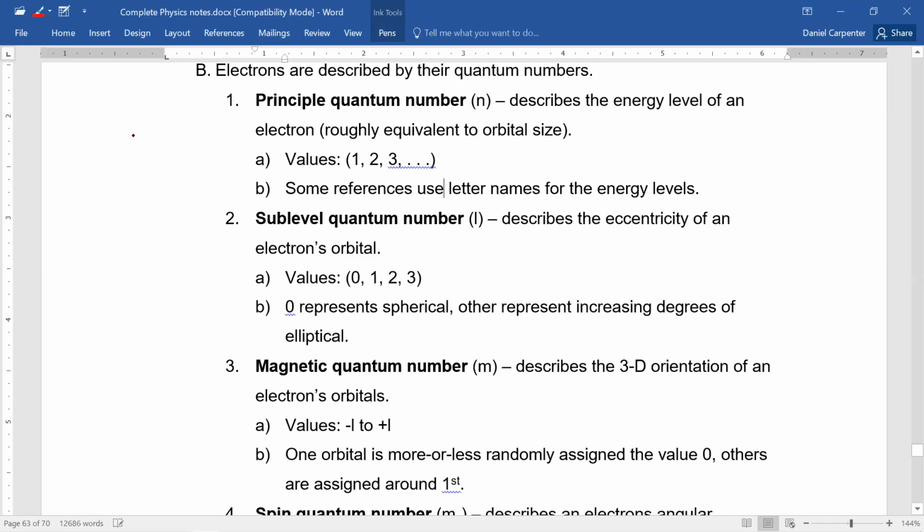So the 0 energy level, it is very common to give these letter names S, P, D, and F. Those are used very commonly, unlike up here, where they just, as far as I know, have forgotten about them. All right, so S represents spherical, and P, which would be number 1,